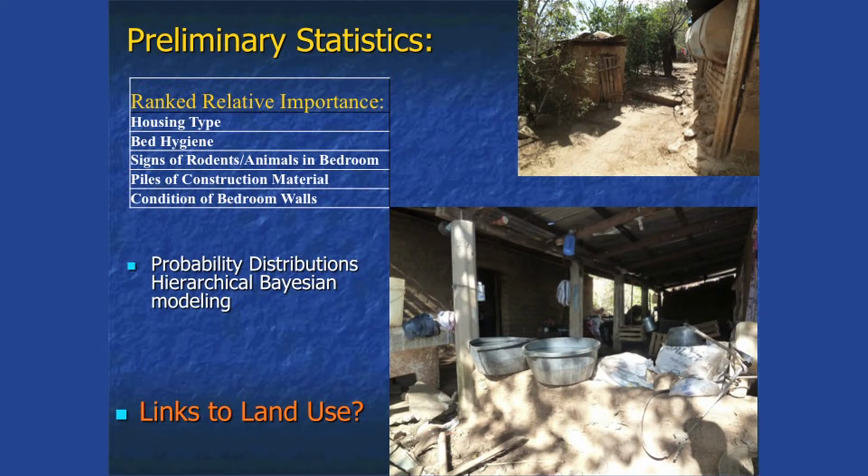And our preliminary statistics, all the traditional things that you would already see, we can rank a lot of the variables. Basically hygiene and bedding, and the cracks in walls are huge indicators of whether the house is going to be at risk. We already knew that. All this data already gave us probability distributions, so we've done a bunch of hierarchical Bayesian modeling, and we've found some really neat initial correlations to land use. Unfortunately, we're not collecting enough data on the crops. There has to be something key to coffee in some of these villages. So if anybody's interested in that, I'd like to talk to you at the break.